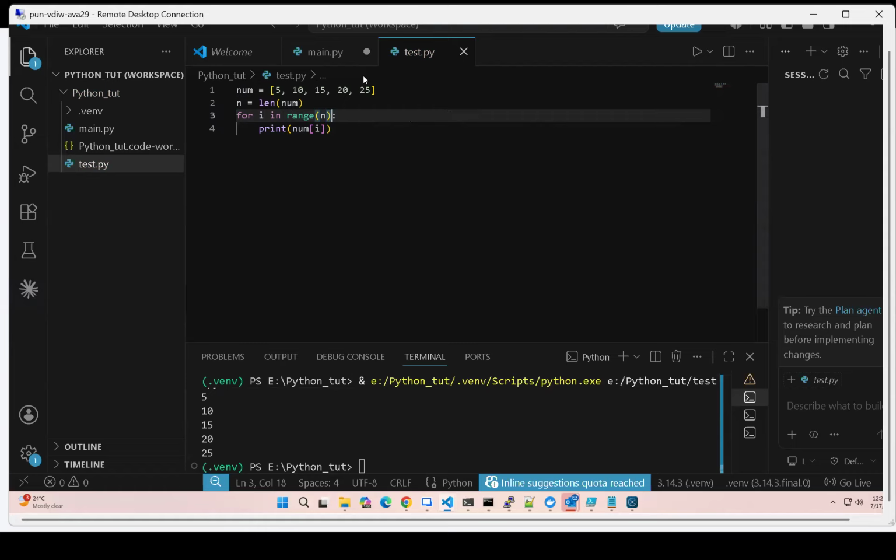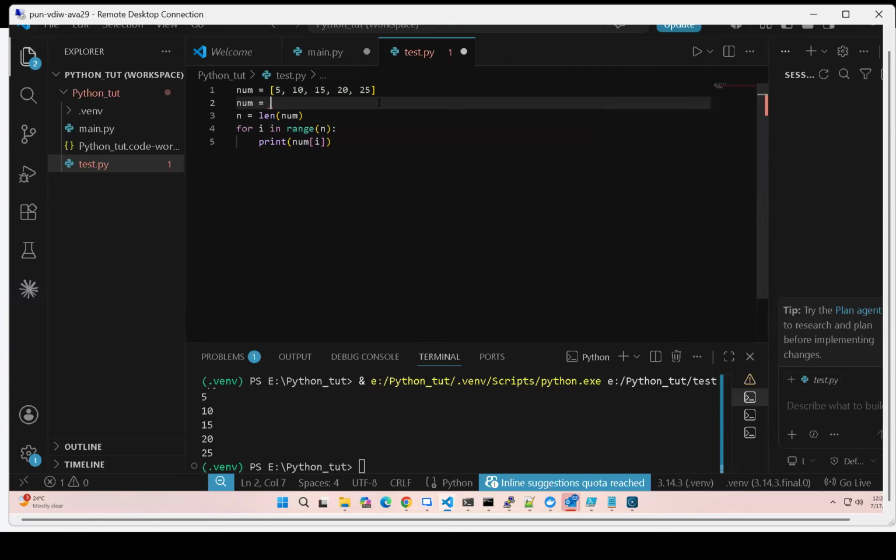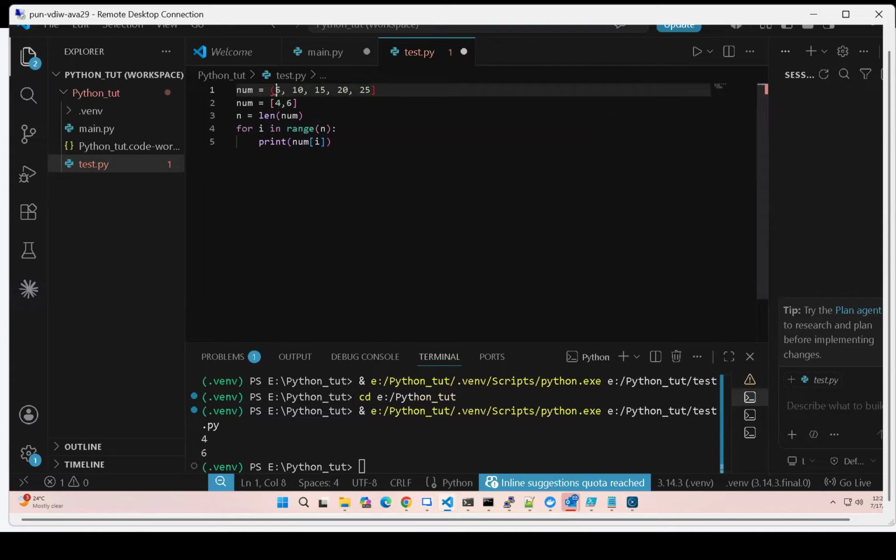But the thing is, I can modify this one, right? If I do nums equal to, suppose, 4 comma 6, what will be the output? It will be 4 comma 6. It gets modified. Now I'm going to just change the